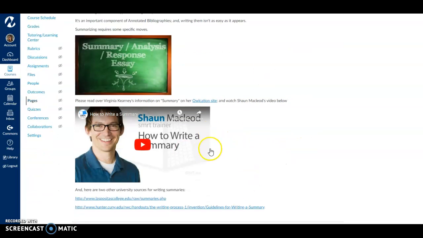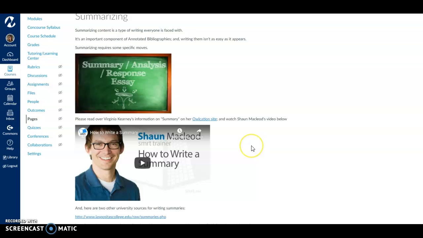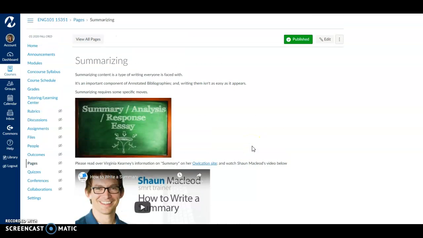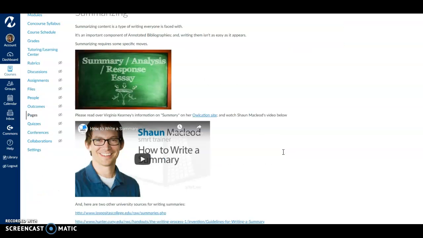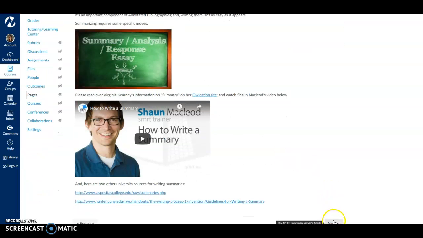Okay, so here's some great information all about summarizing, because part of our annotated bibliography, if you go back to the handout and the explanation, for each citation, each source we find, we need to write a little summary. And it's not as easy as sometimes we think. And so this is a little page of information on writing a summary. And then we have an activity.